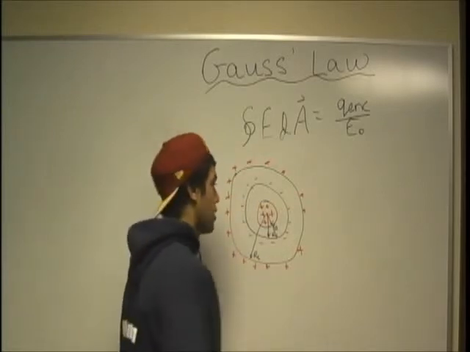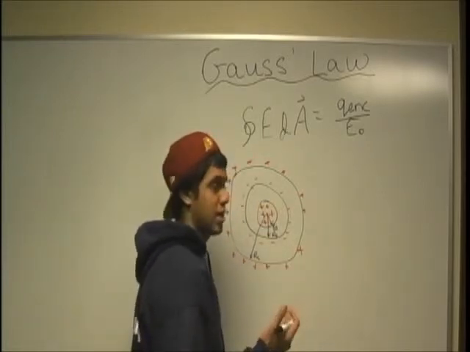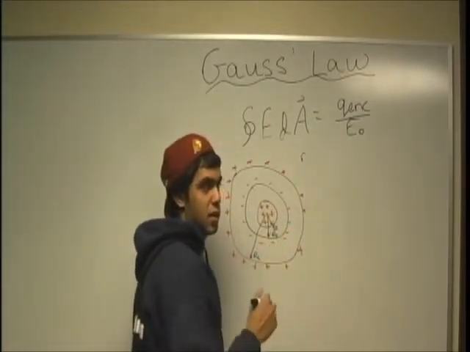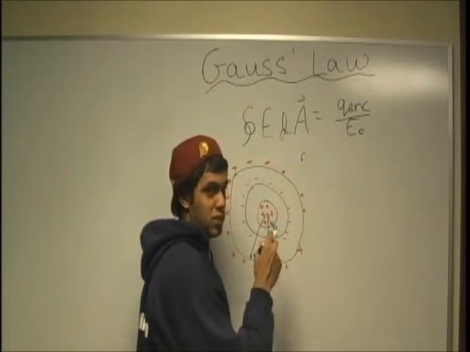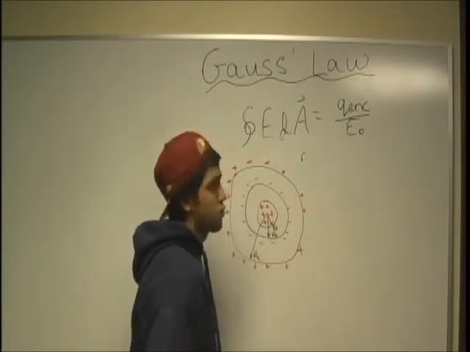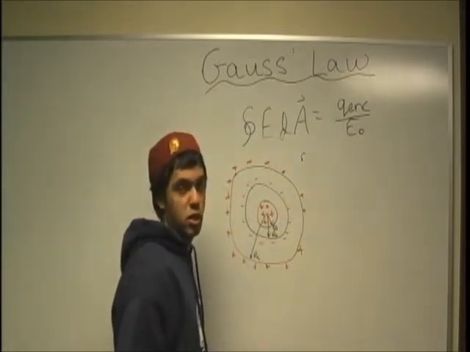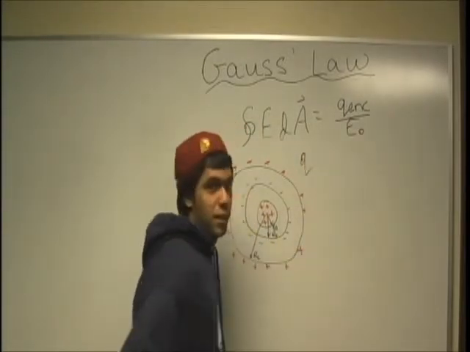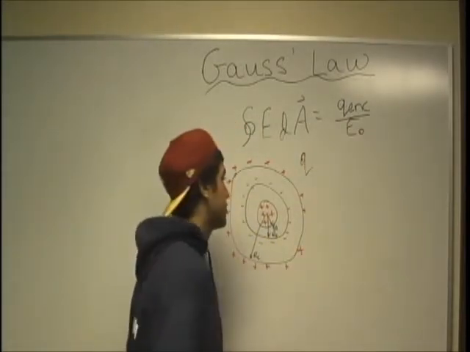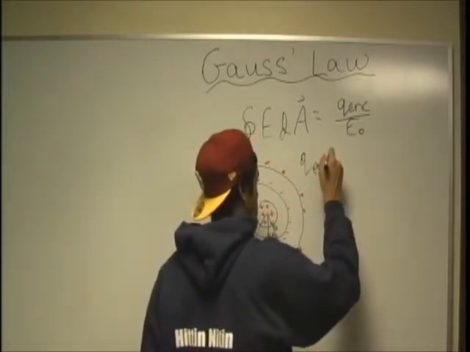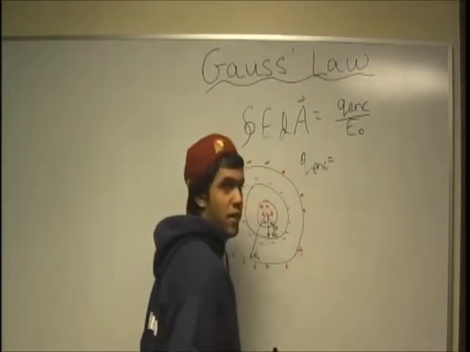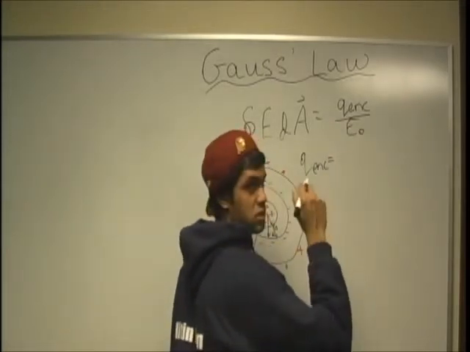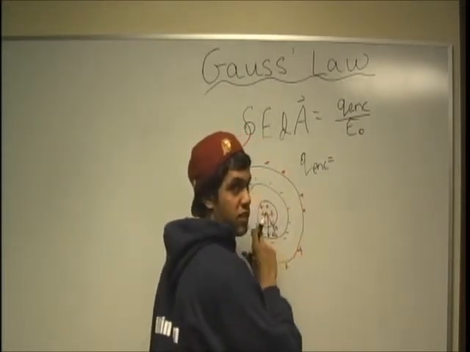So let's say our point we're looking at is radius r away from the center, and it's less than R_A, which is the radius of the sphere. So first, let's figure out how much charge is enclosed inside the surface. Sorry, the surface we're going to pick is again a sphere inside it. So the Q enclosed is going to be the ratio of the volumes of the two different spheres. Sorry, of the Gaussian sphere to the sphere